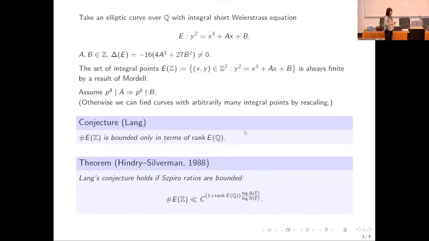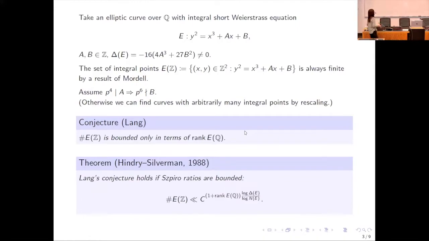Here is one special case: if you take a family of elliptic curves with bounded spiral ratio, then from this result by Hindry and Silverman, the spiral ratio will be bounded in your family, and so you will have an upper bound of c to the rank of the elliptic curve for the number of integral points on this elliptic curve. So we have some kind of pointwise bound,